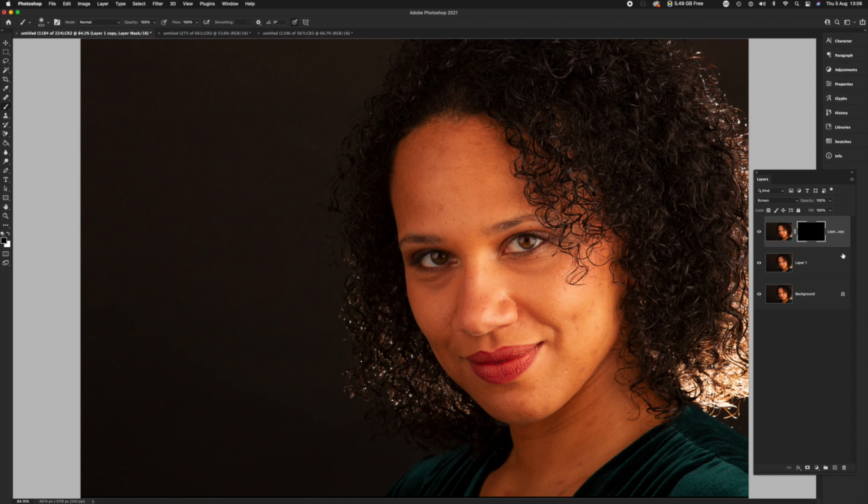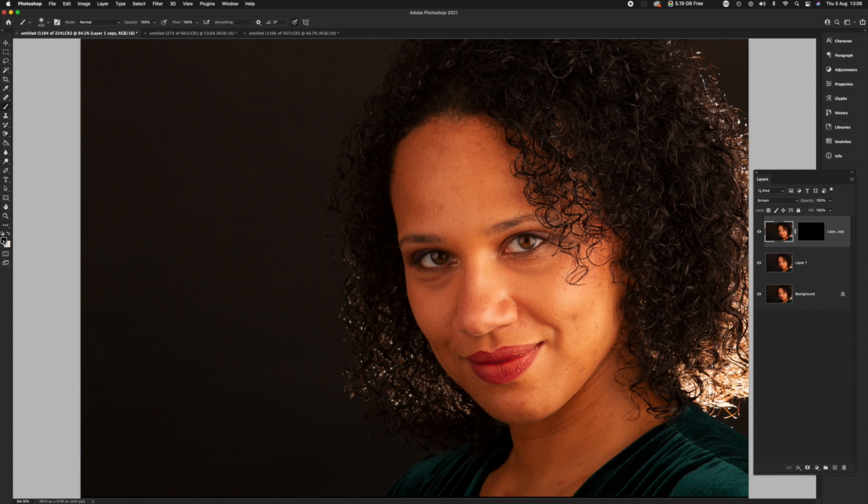Staying with the black mask for the moment, just bear with me. The black mask then is hiding the layer it's on. But we know that that layer is blended to the layer beneath using the screen mode, so they should be brighter. If we punch a hole in that black mask to reveal what's underneath, whatever we punch through will be brighter as a result. So I'm going over to the left hand side and I'm going to select brush,